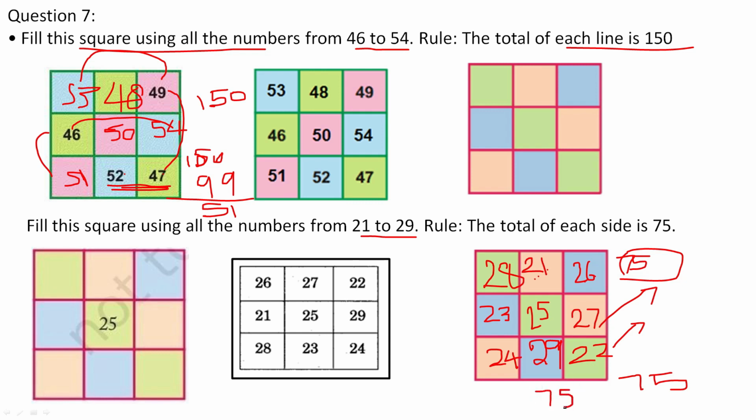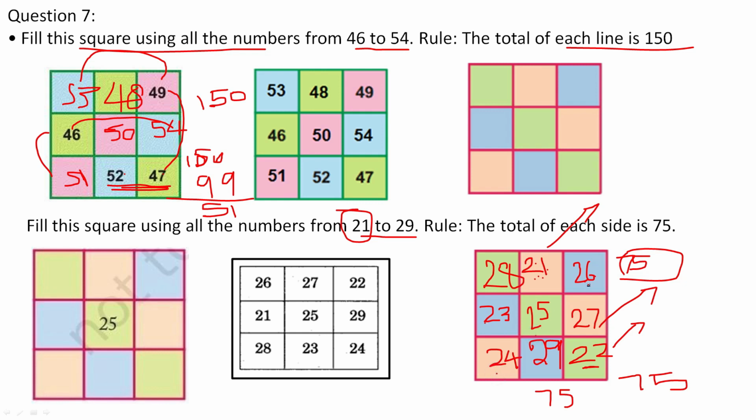So easily, how can we fill up this one? First number you should put in the middle box. Always you should go diagonally, but there is no place. In diagonally there is no box. So what do we have to do? Next number 22 you have to come down, and the last box you have to fill up. 23 again you have to go diagonal, but there is no place. So where do you have to place? One place up, then go left, and the last box you have to fill up. 24 again you have to put it diagonally, but already 21 is occupied there, so it should come down.